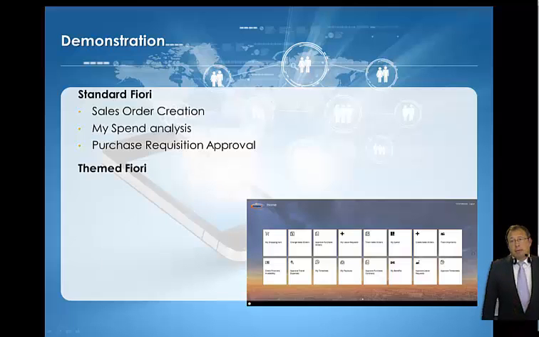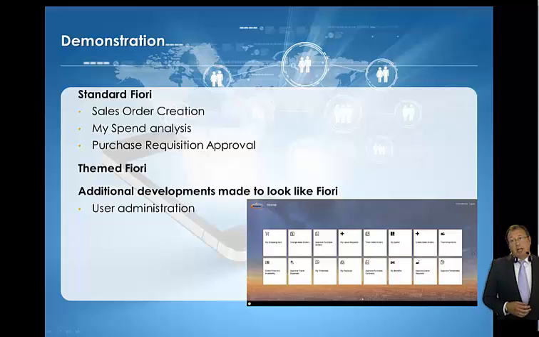Then we'll go and look at a themed Fiori and how we themed the scenario to make it look different. You can see here in the screenshot, we've got a Comprise logo on it, a different background, and different color fonts and tiles. And finally, we'll look at additional deployments. So we'll look at something that wasn't provided in Fiori, but we've added it, and it looks and feels exactly the same as a Fiori app that you'd get from the 25 applications you buy when you buy a license. We've just created a simple user administration sample of that. And we'll look at how we deployed that into the Fiori framework and use that as part of our